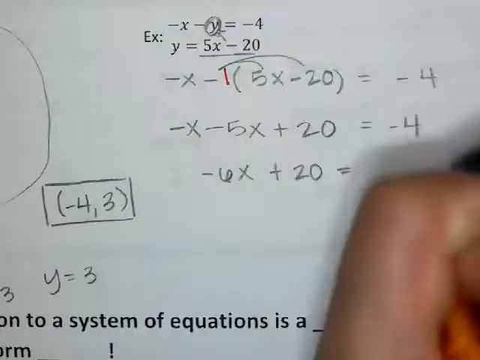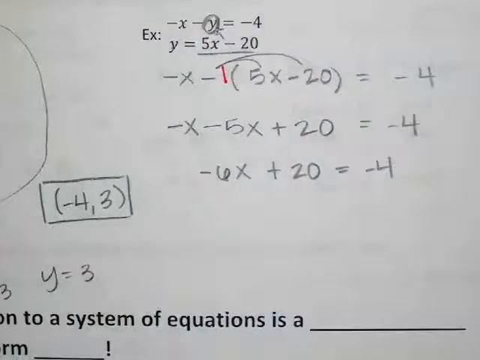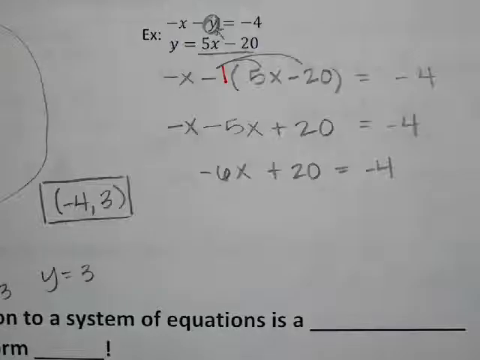And then what should we do? Okay, subtract the 20 over. So negative 6x equals,